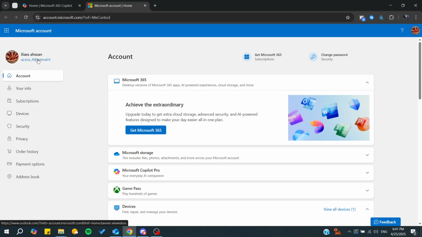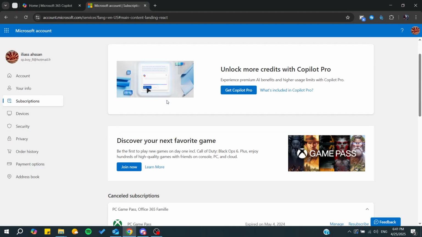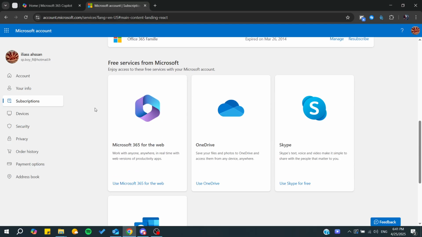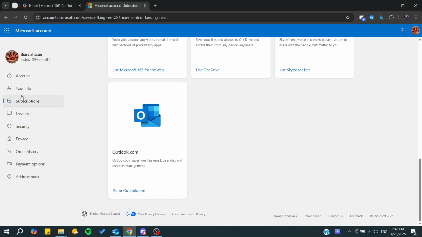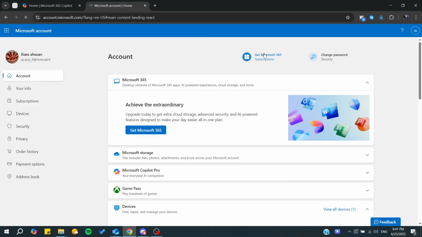So as you can see, I'm already on my account menu, and if you go to subscription, you can get the same subscriptions or the same options. So as you can see here, you can find my resubscribe, etc. And from here, you can find free services. So let's just stick on account, and basically you will just need to click on get Microsoft subscription, and